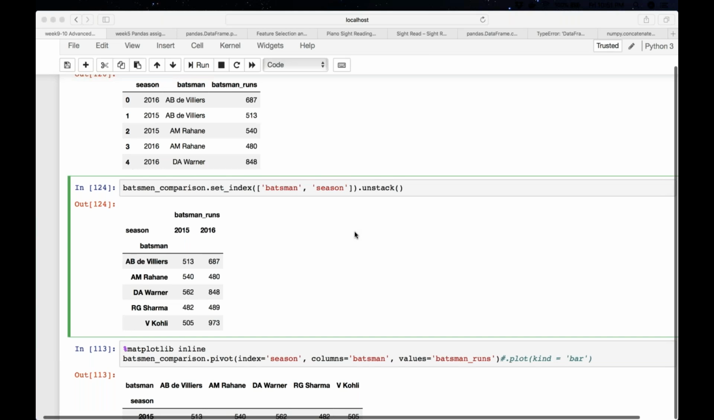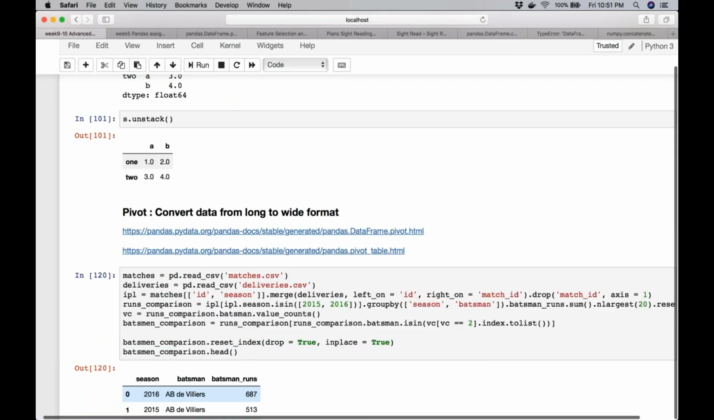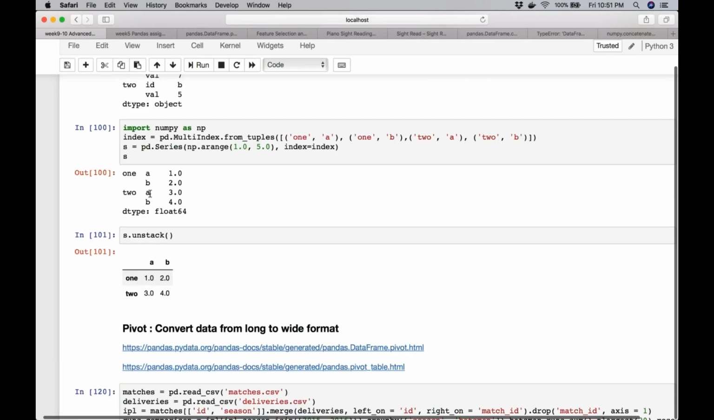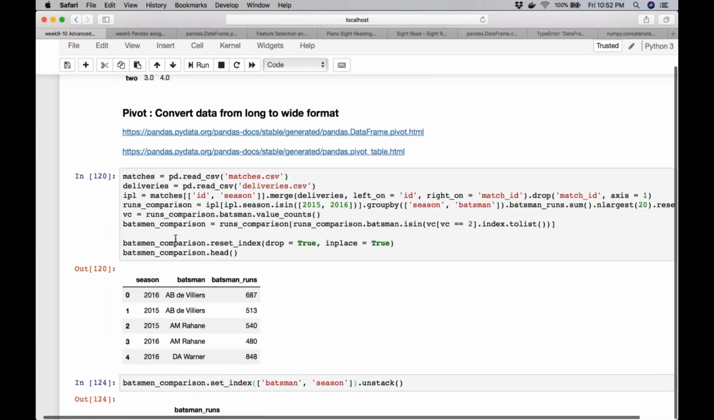Ash, is this clear? The reason we had to use set index, sorry. So we first created a multi-index, which is similar to what we saw here in the simpler dummy example. And then using unstack made more sense, right? So